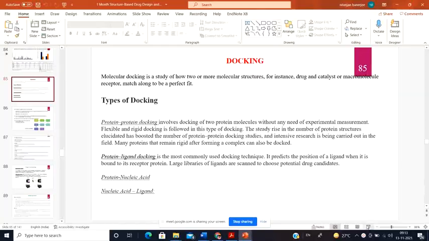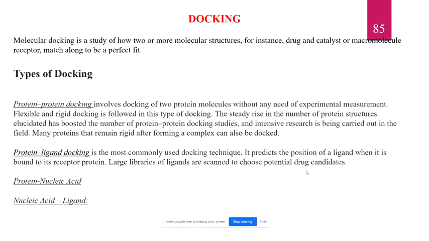So today we're going to talk about the very basics of the docking procedures, the theories and the principles that are involved in this whole docking process. In the last class we talked about how we can make our docking more feasible and more accurate, and the different dimensions and structural parameters we have to take care of so that the docking results we get are more authentic, because it's a simulation process.